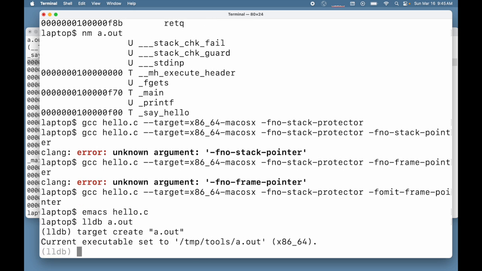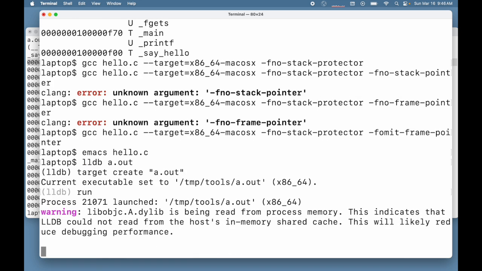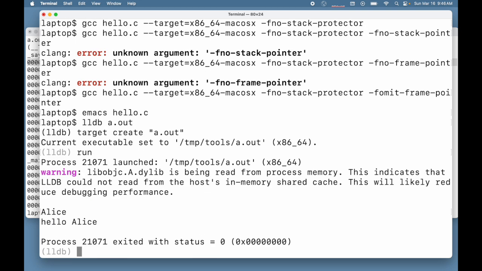and that gives me a debugger at the command line. If I run the program here, then it's just like running it directly. And I can say Alice, and it'll print hello Alice. The run command ran things all the way through, but of course, with the debugger, often our goal is to